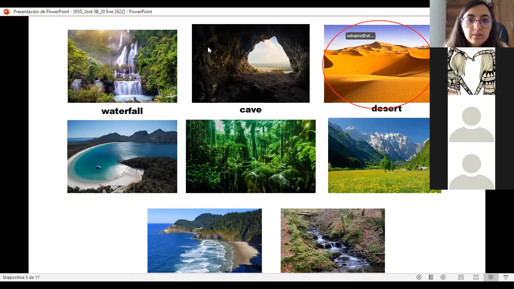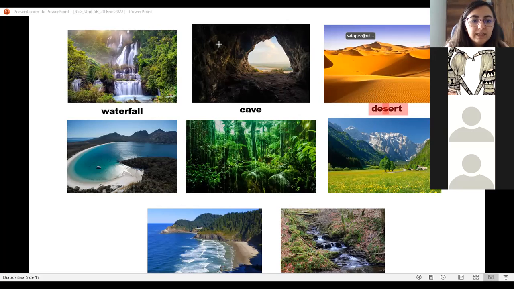Sí, algo muy importante es que cuando nos referimos al desierto, a este tipo de paisaje o de lugar en específico, vamos a ocupar una sola S, ¿sí? Con doble S nos referimos a un postre y con una sola S sería el desierto. Okay, so keep in mind that just with one S when we want to talk about a place full of sand, okay, the desert.